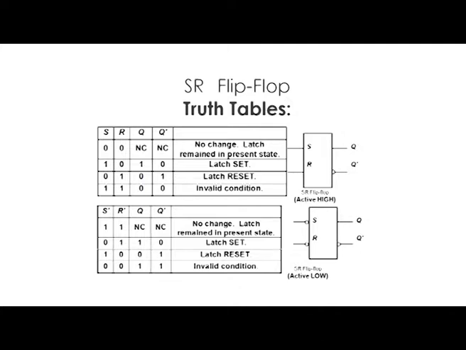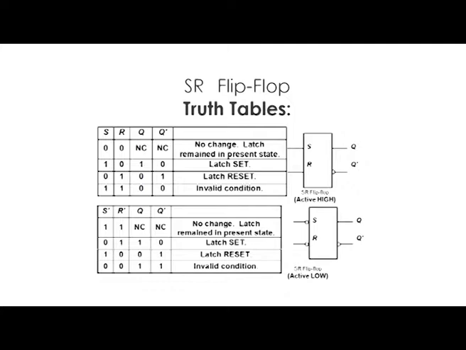If the outputs in the previous case were 0 and 1 for Q and Q complement, the outputs will remain 0 and 1 even if you apply two low inputs 0 and 0 at the S and R inputs respectively. That is why we call it no change. The output remains intact, the output will not change.